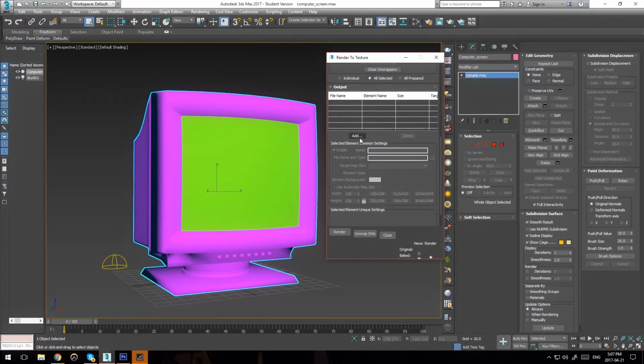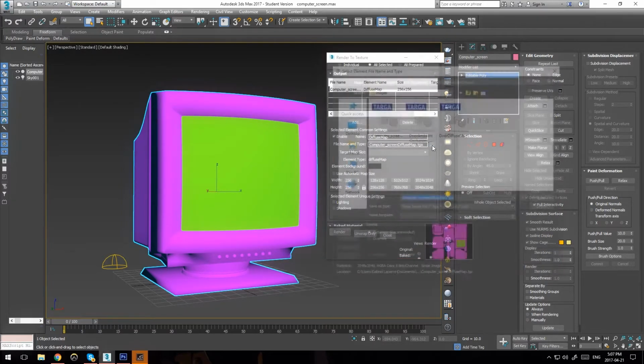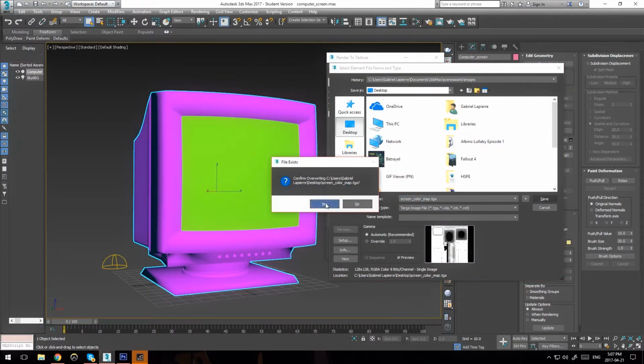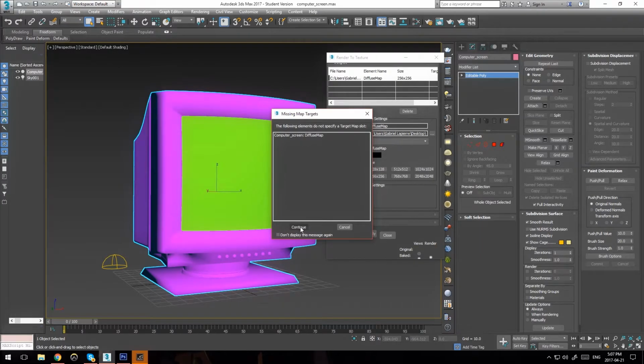Okay, so let's go to add, go to diffuse map. Here touch these 3 little dots to save it wherever you want. I'm going to save it on desktop. I'm going to name it screen. Well, I already have one here. Okay, let's use this one. This is just a tutorial, so I don't really need to make the official ones. Let's just go with something very fast, like 256, and you click render,